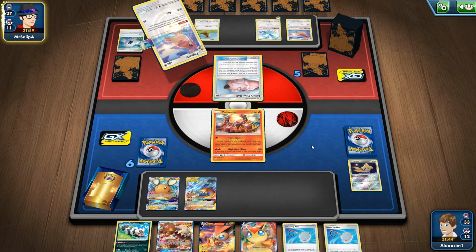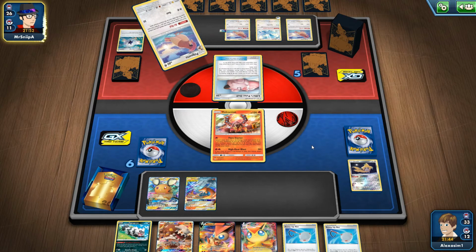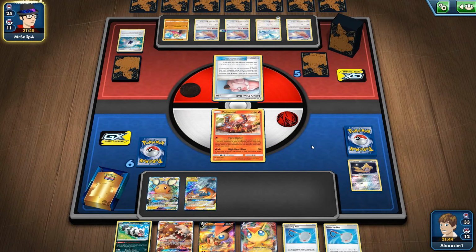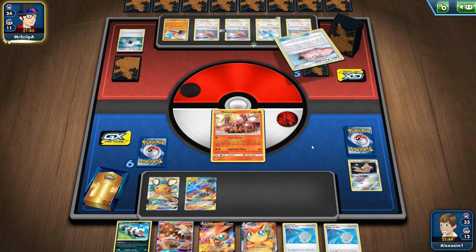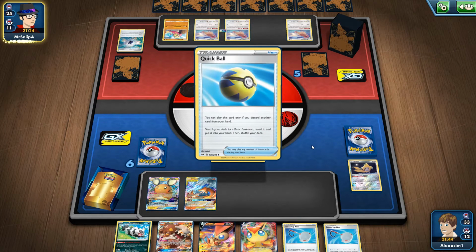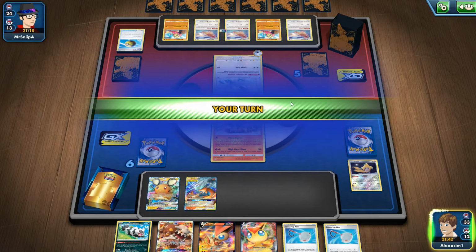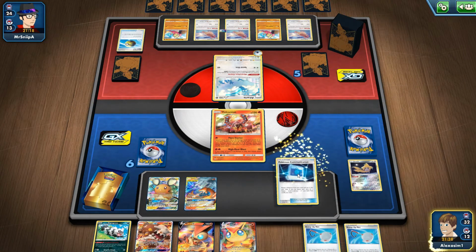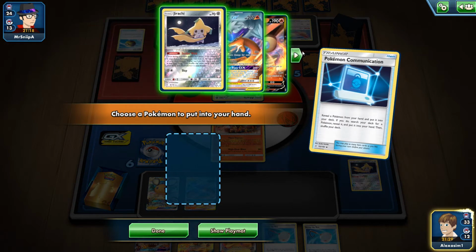Okay, we get another one of those. And, okay, more Pidgeotos. More Pidgeotos. This is going to be a very boring match since all the Pidgeotos. Okay. Bring up the Altaria. I can take it. Quick Ball. Let's see what other things it runs. Okay. Assuming it just runs those two cards. Oh, okay. We're going to actually play this right this time. And then get ourselves a...